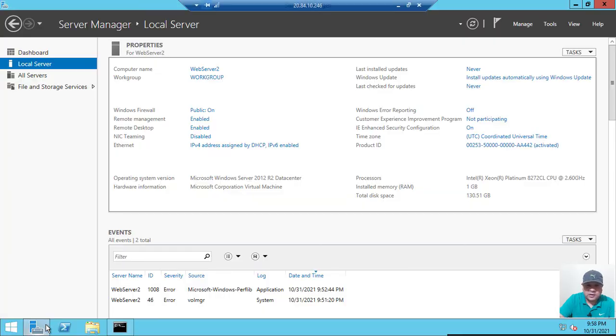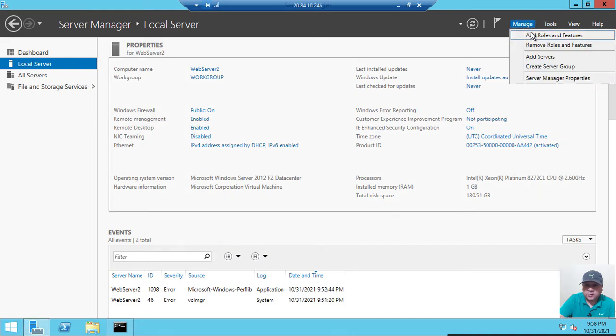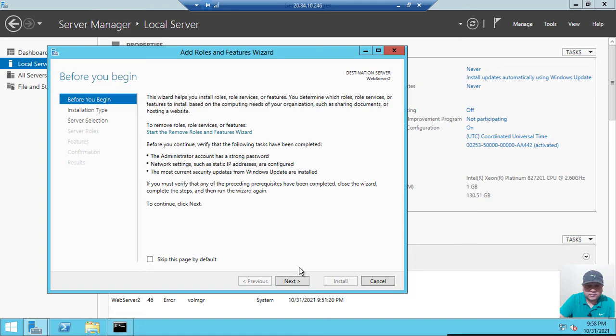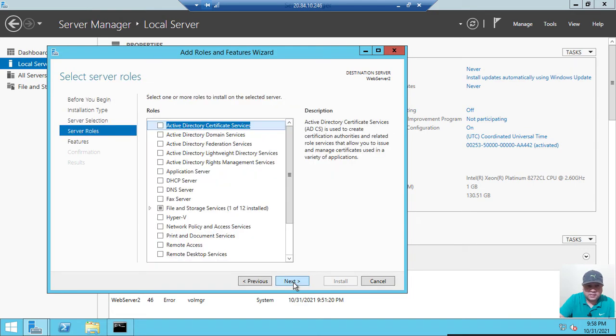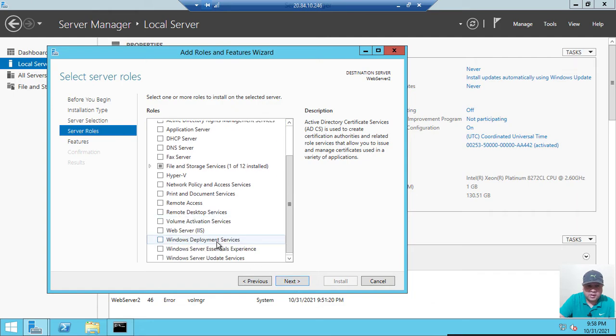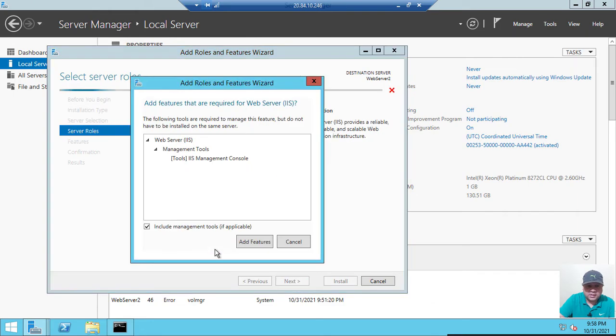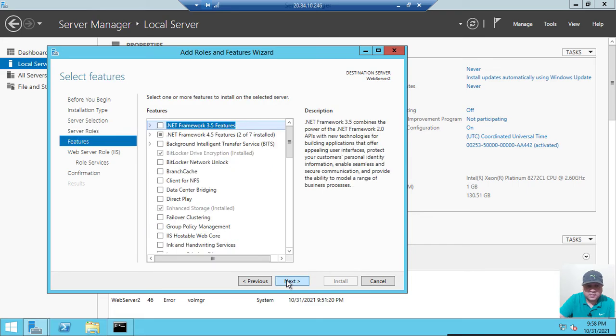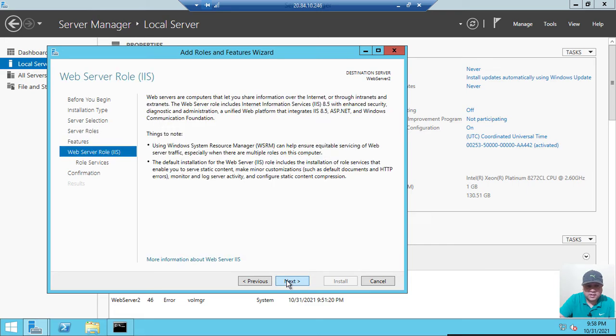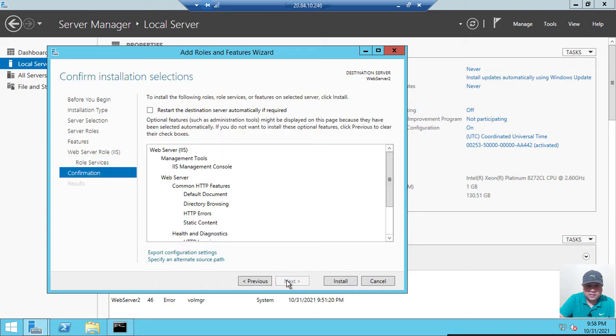Now let's go to web server 2 and we will follow the same process. Let me open the server manager. Go to manage, add roles and features. Click on next, next, next. Now I will select the option web server IIS. Click on add features. Next, next, next, next.